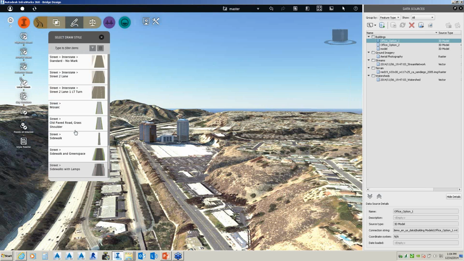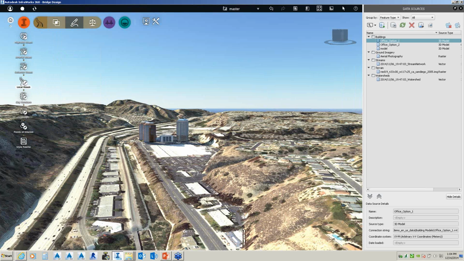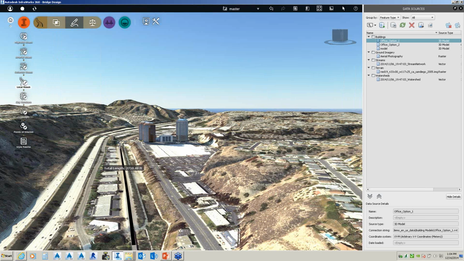So something straightforward. We're just going to do road and green space. And I'm going to put it down here specifically to kind of show drainage. So I'm just going to double pick on it. And again, it's just something real basic and simple.